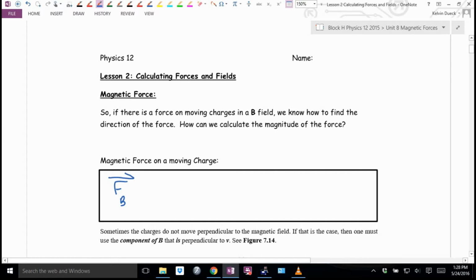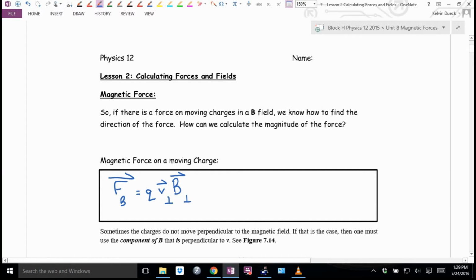That's a long blink. It's equal to the size of the charge, q, times the speed that it's moving, that's a lowercase v, times the size of the magnetic field that it's in, qvB. Oh, hang on. Except it turns out the velocity and the magnetic field have to be at right angles